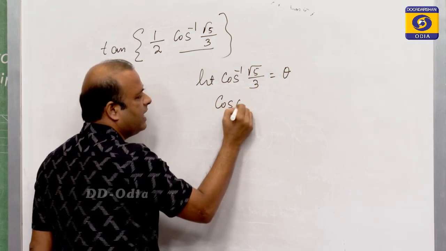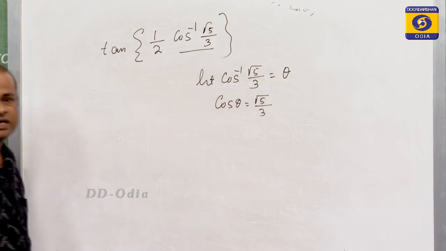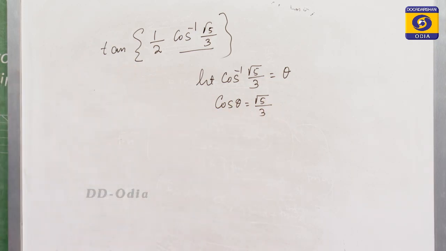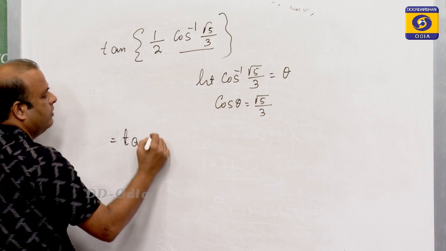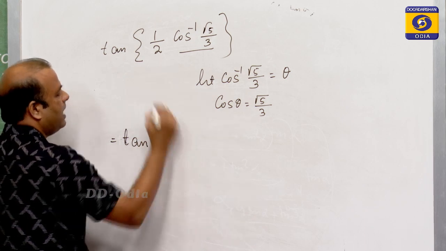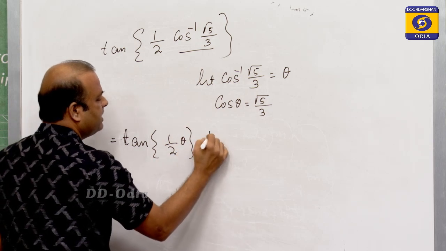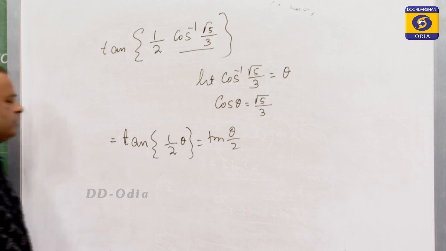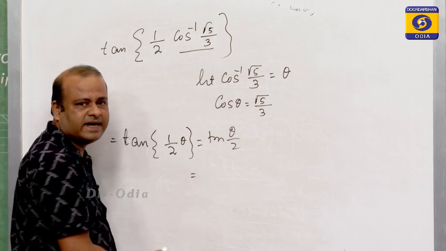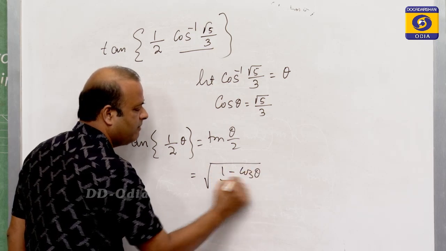So cos theta is equal to root 5 by 3. Now this one is your tan of 1 by 2 theta, meaning tan of theta by 2. So tan of theta by 2, you can write it as root over of (1 minus cos theta) by (1 plus cos theta),